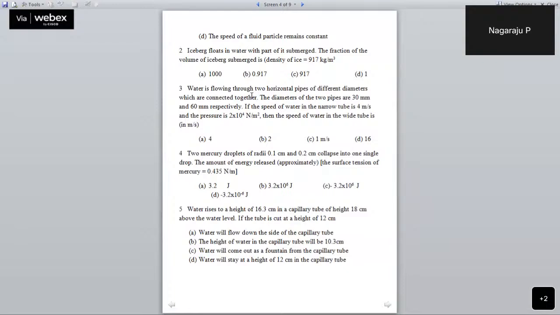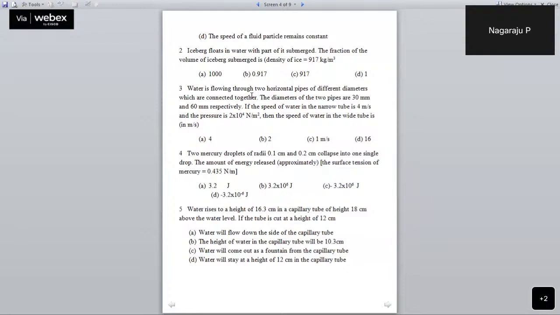And surface tension, I told you we will take up later. But surface tension is nothing but the force per unit length of an imaginary line on the surface of the liquid. And that is why the unit of surface tension is Newton per meter. It is the force acting on an imaginary line on the surface of the liquid, and that is why we write it as Newton per meter. Therefore, the correct answer on simplification, you get it like this.